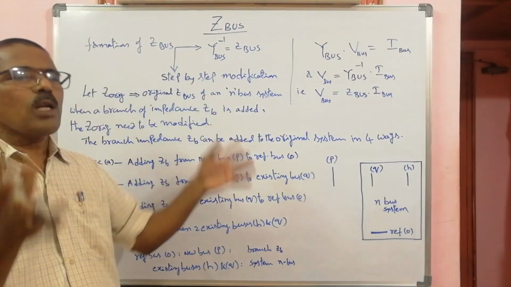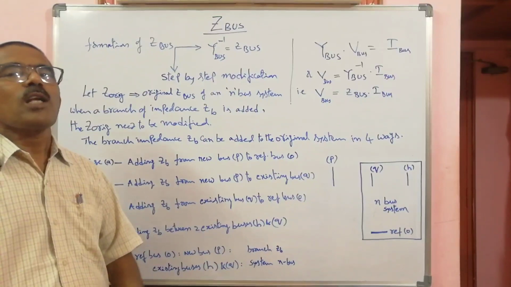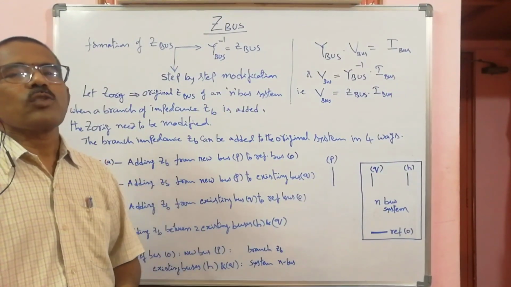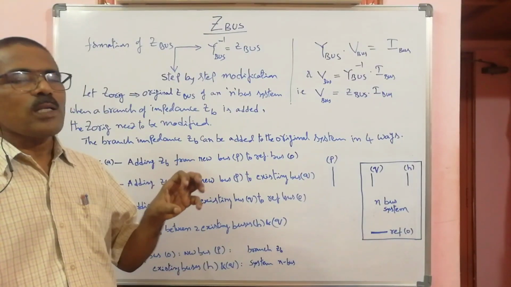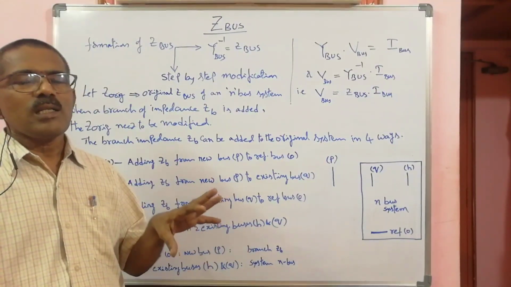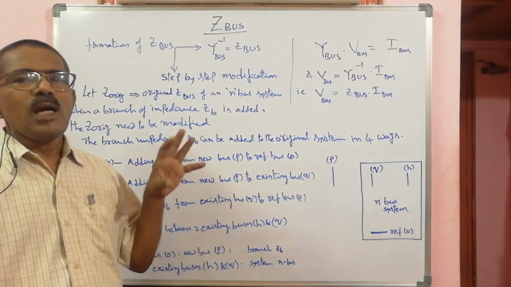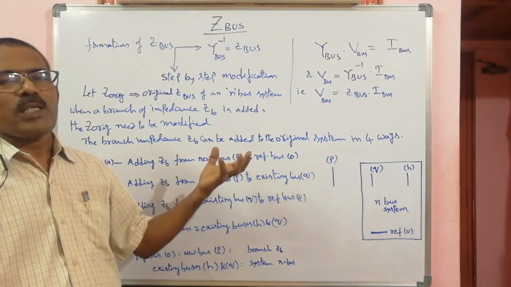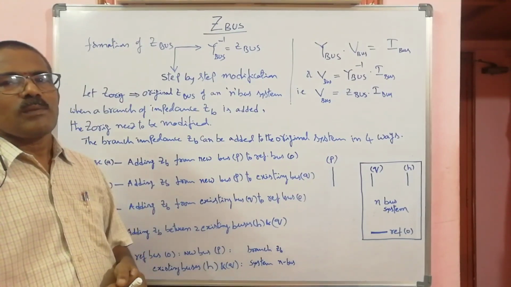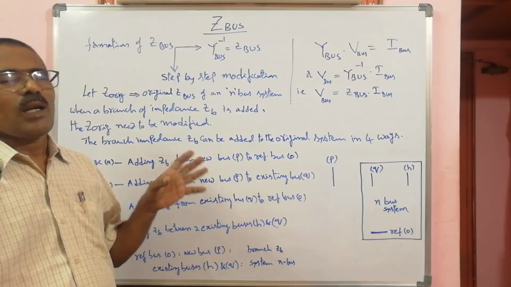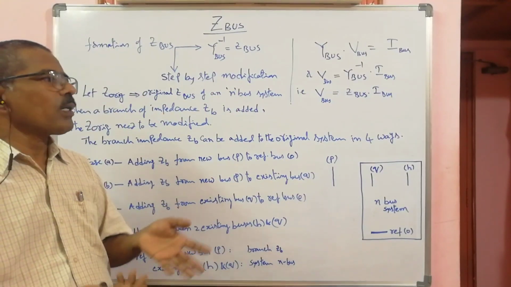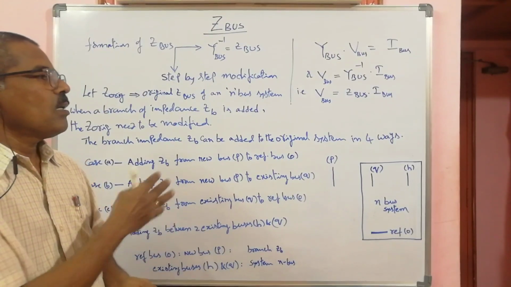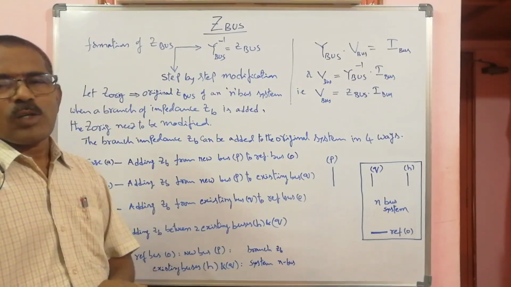You can see more number of elements in Z bus which are non-zeros, whereas Y bus is contradictory to Z bus. That's why constructing Y bus is easy, data filling is easy, and doing mathematical simplifications or manipulating Y bus is easy rather than Z bus. However, Z bus plays its importance, as I said, particularly in fault calculations.